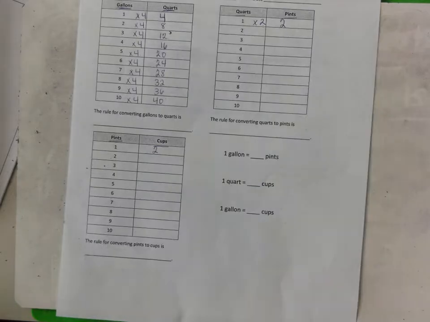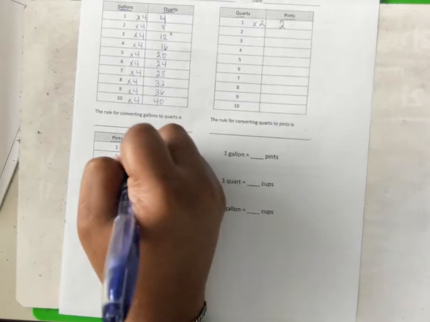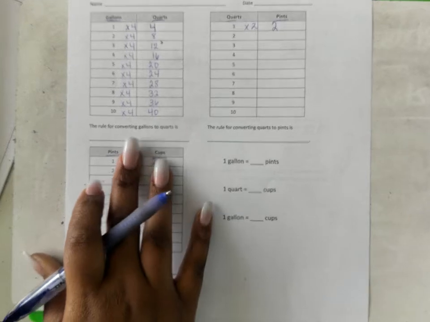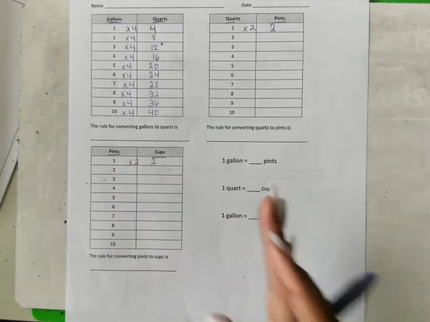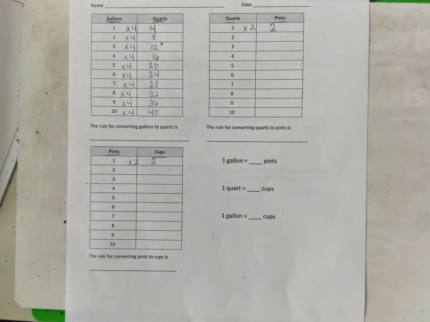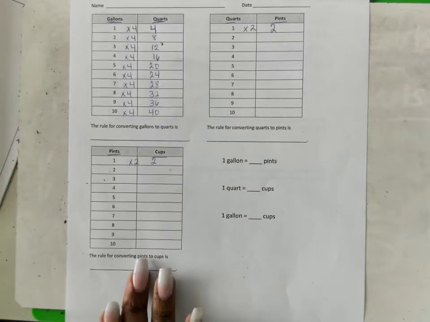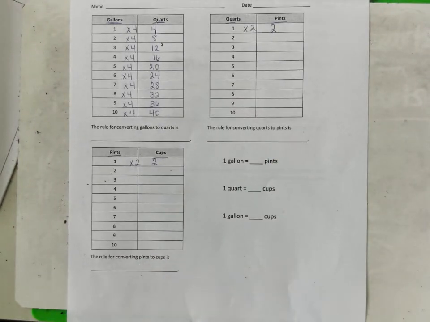So that's just a little practice. Make sure that you follow your rules, filling in your table. And this is just for converting gallons to quarts. Gallons times 4 equals quarts. Quarts times 2 equals pints. Pints times 2 equals cups. Okay? On the back,